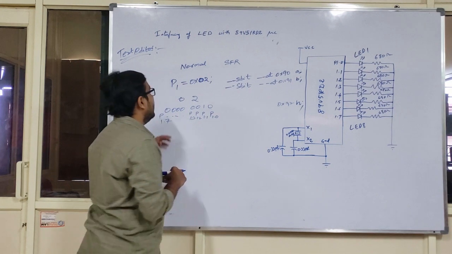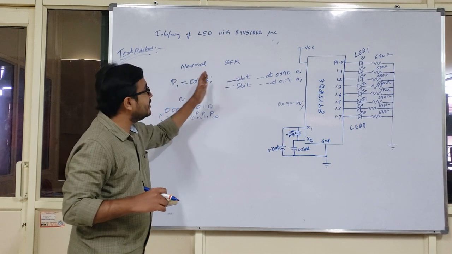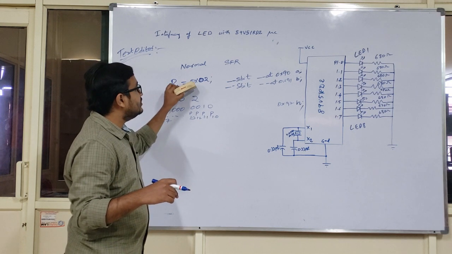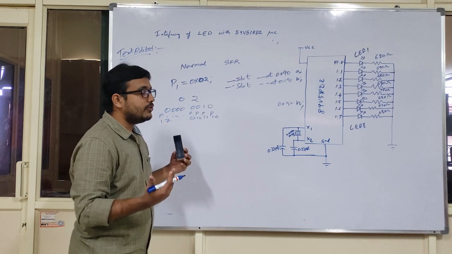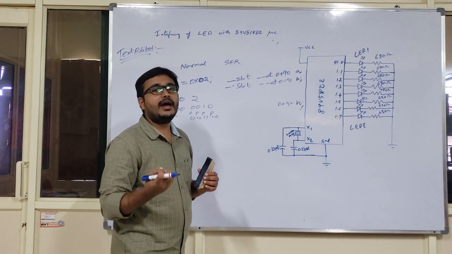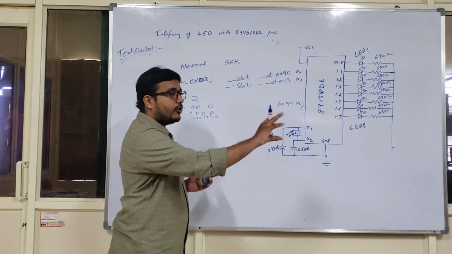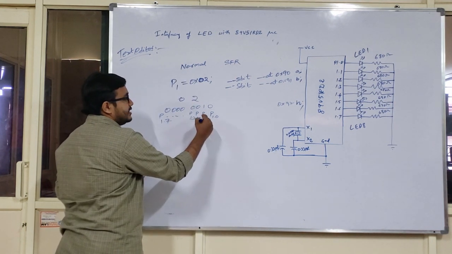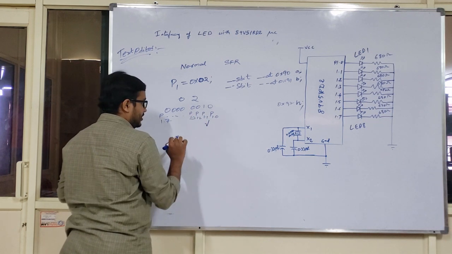Now, according to the normal programming style, the byte accessible feature is present, but in the SFR style, the bit accessible feature is present. Okay, P1 equal to 0x02. This is the data that I have given to my port 1, because port 0, port 1, port 2 as well as port 3, these all act as IO ports. That means they can act as an input port and they can also act as an output port depending upon the requirement. So among all these, the P1.1 bit is logic 1 and the remaining all will be logic 0.